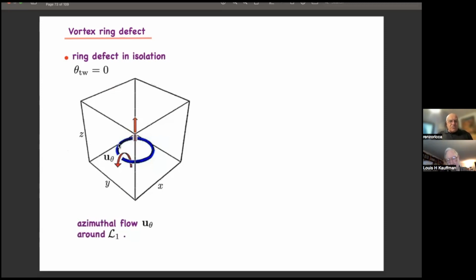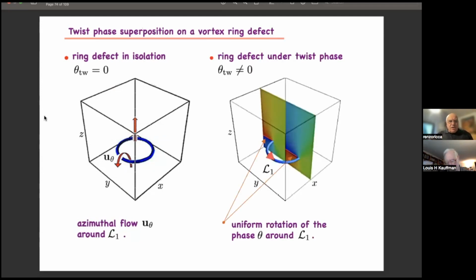We have a vortex ring like this and an azimuthal flow around it. And so the vortex ring propagates along the axis, as we know from smoke rings and vortex rings in water. Now, suppose that we superimpose a twist, and we superimpose the twist so that the defect is still planar, so